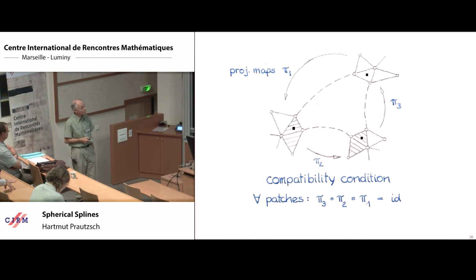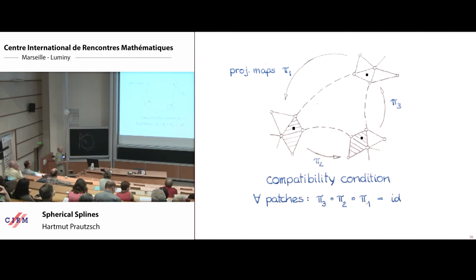if we start from some Bézier net, we had here three projective maps. In general, they would not compose to the identity, but then we can optimize these projective maps to be close to the ones we have here and to satisfy the compatibility conditions. And once we have that, we